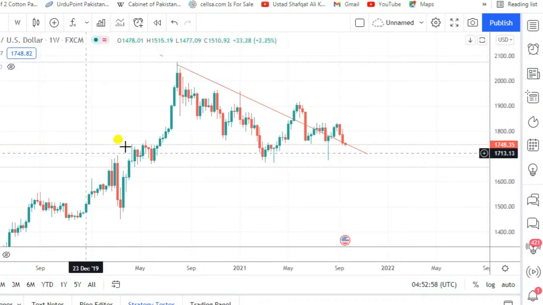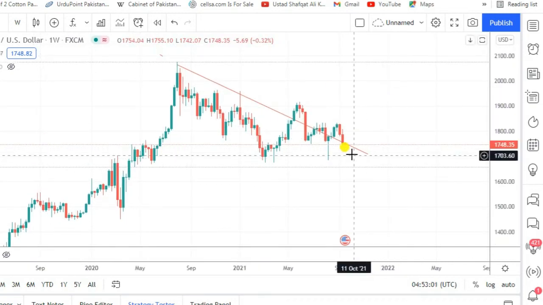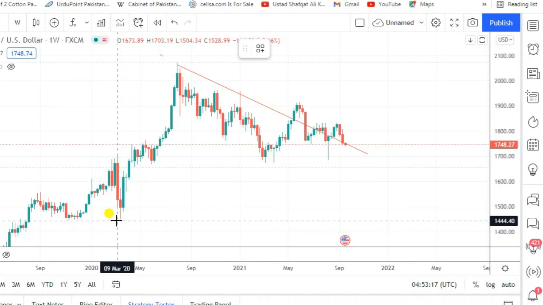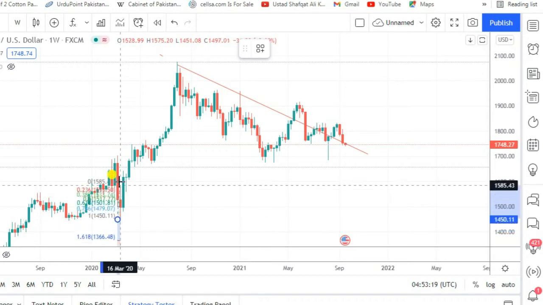Swing traders should also follow this area, as I mentioned: if the market doesn't break the 1755 area, and any H1 candle closes above 1755, then you have to look for a buy trade. Otherwise, most probably the chances are for sellers. Now if we draw a Fibonacci level, you can see,